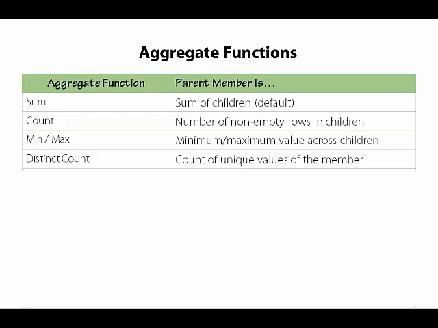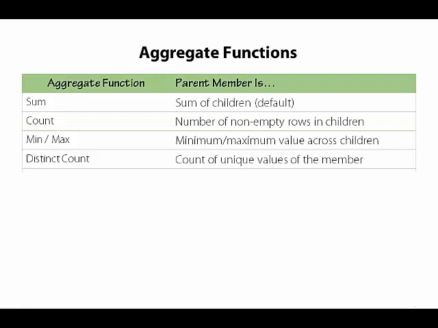So let's consider an example of distinct count. Let's say that I have created a distinct count based on products. Then when I'm viewing products, the count that I will see will be the number of distinct occurrences for that particular product based on the other dimensions that we're using in our browser. For example, if I'm looking at a particular customer, I can see the number of distinct products that that customer has purchased, whereas the count measure would show me the number of fact table rows that contain both that customer and a particular product.